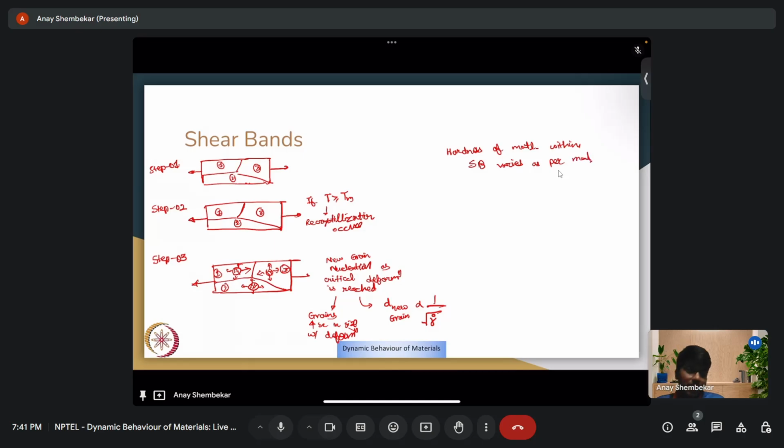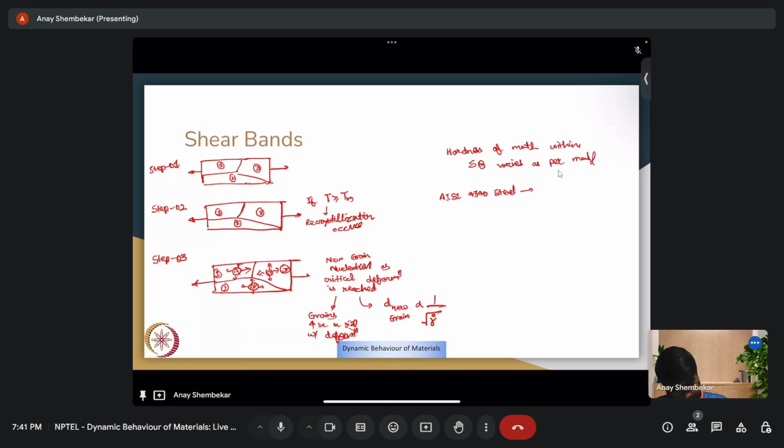We have already seen that, from an optical observation perspective, we can classify shear bands as deformed or transformed. In the case of transformed, because you would have a new microstructure coming up, you can easily expect a different hardness value. So suppose you have AISI 4340 steel,